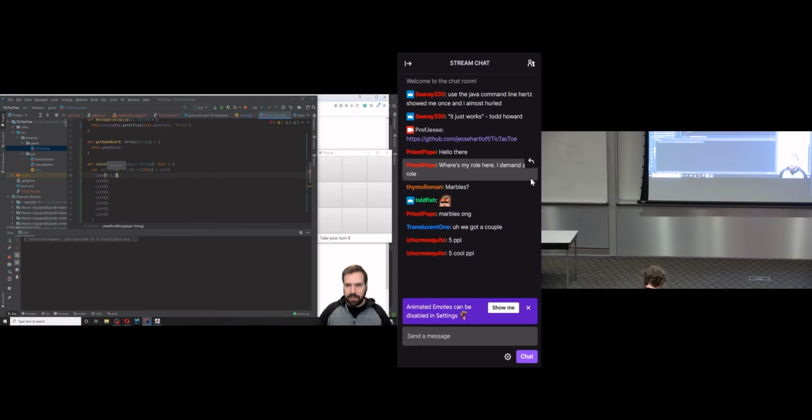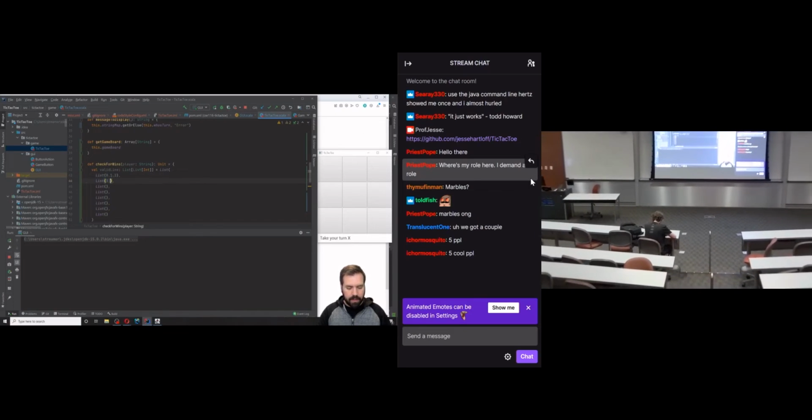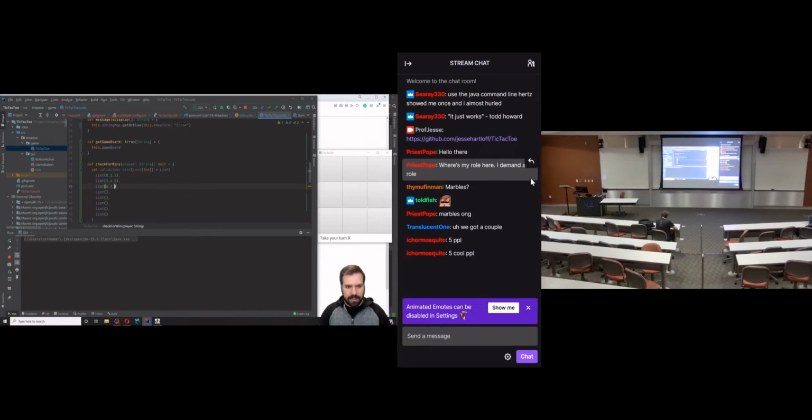So 0, 1, and 2 is our first line across. 3, 4, 5, 6, 7, 8, and then 0, 3, 6, 1, 4, 7, 2, 5, 8 for our vertical lines, and then our two X's, 0, 4, 8,